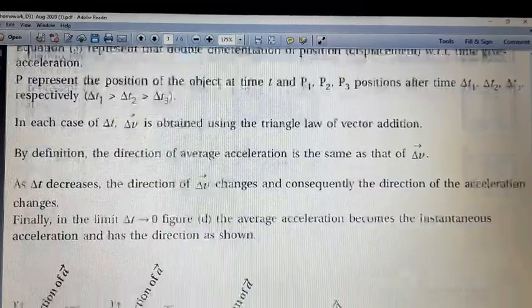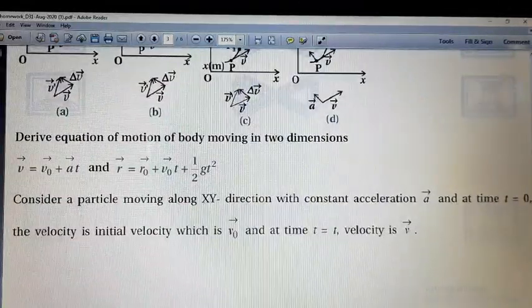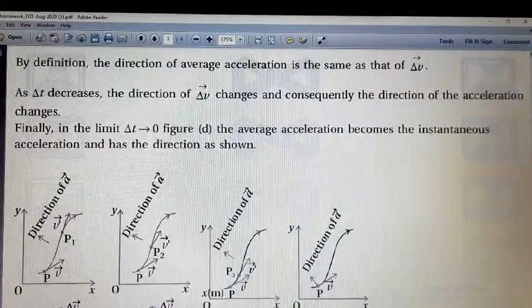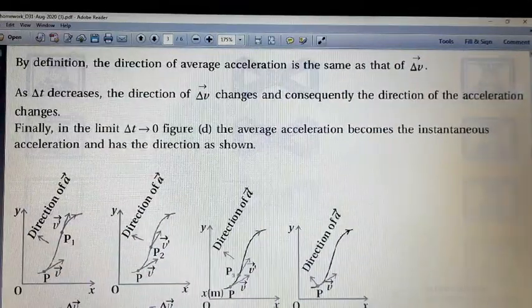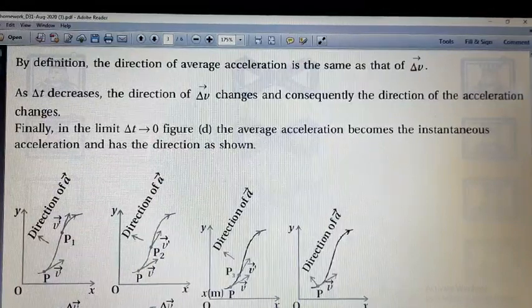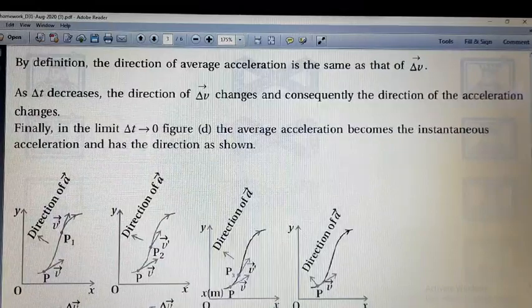So finally, friends, we get average acceleration, which is also called instantaneous acceleration. And next question, the last question, is